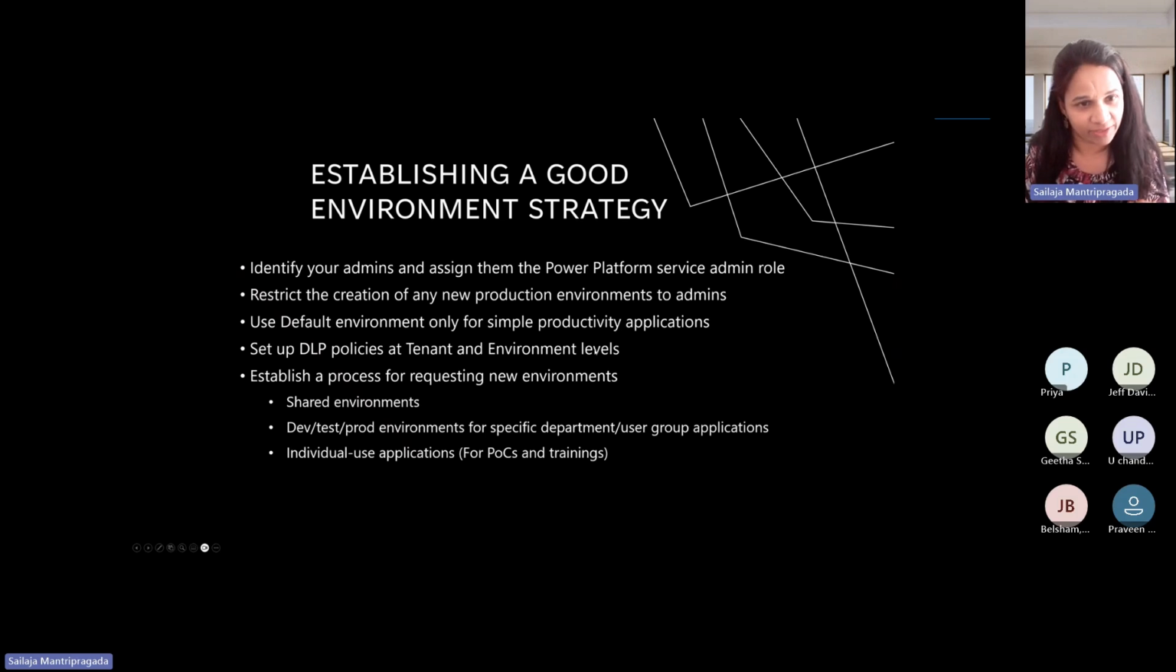So, establishing a good environment strategy. The first thing, like I mentioned earlier, is we would need to identify Power Platform admins, ensure they are trained enough to understand the Power Platform architecture, and that they're properly certified people. Identify your admins and assign them the Power Platform admin role, and then restrict creation of any new production environments